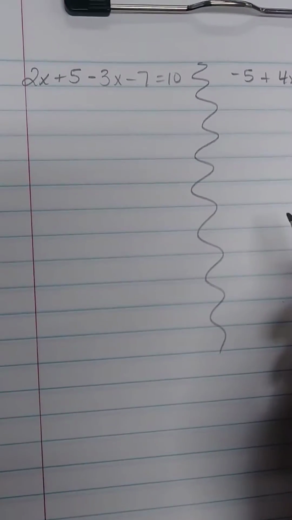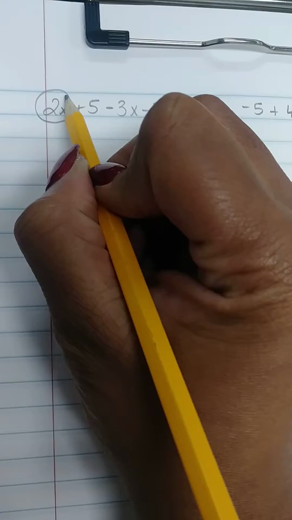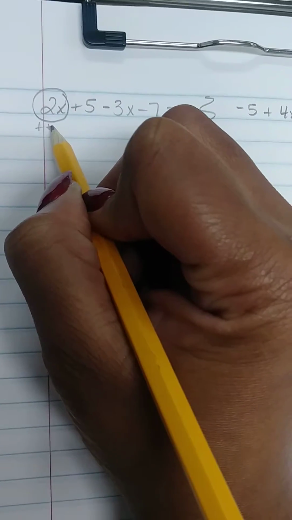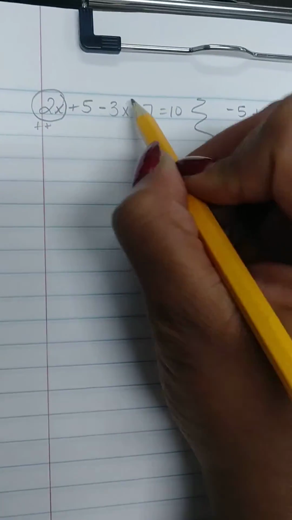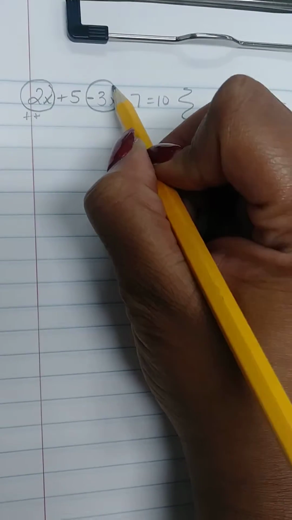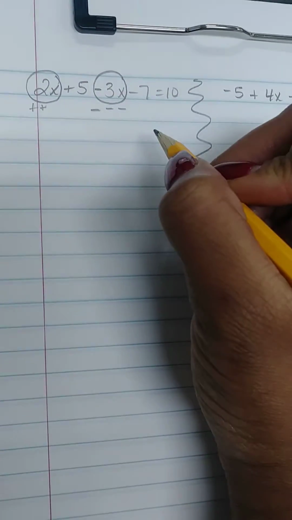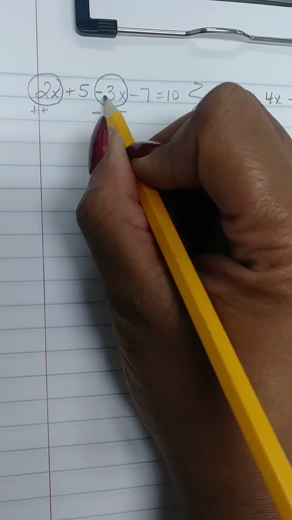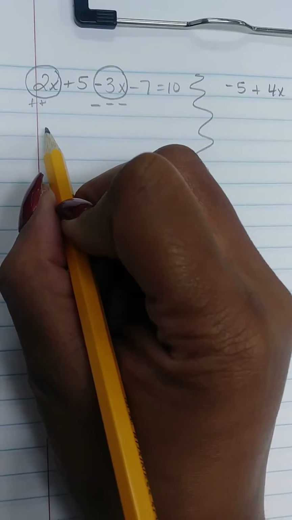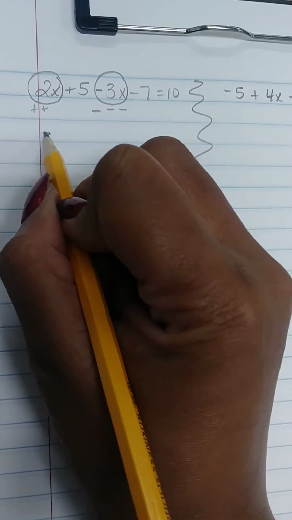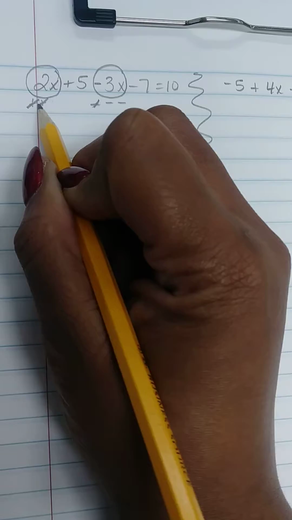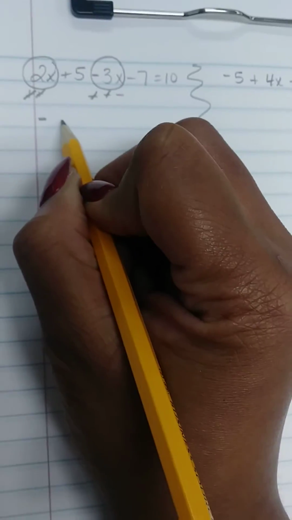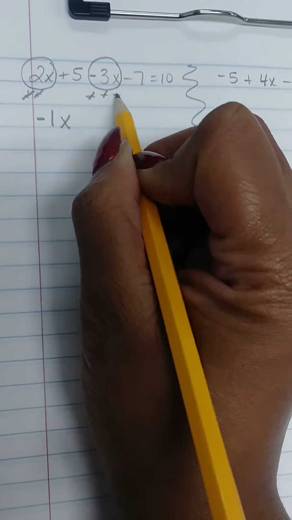Okay, let's solve. I have a positive 2x, so that would be 2 plus signs that I write to represent that. I have a negative 3x, 3 negatives. I'm combining like terms on the same side, so that gives me what? Well, cancel, cancel, cancel, cancel. Negative 1x. I have 1 negative